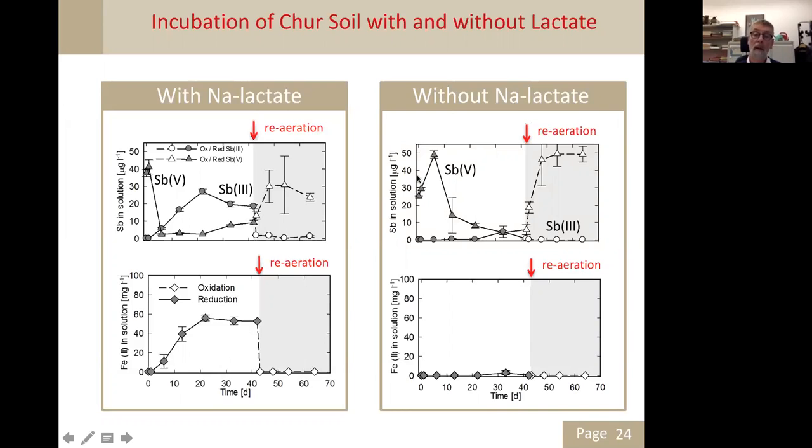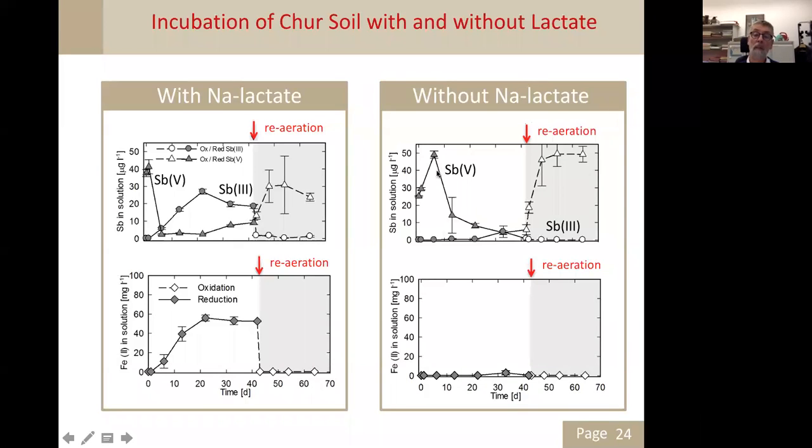So we had also consumption of the substrate that was in the soil, and that led to the decrease over time of the redox potential. I have not shown it here, but it just occurred much more slowly and more or less in parallel to the decrease you see here in antimony 5. What was interesting to see is that we have a peak here. This was not evident in the experiment with the lactate. And I'll come to that later, what happens here.